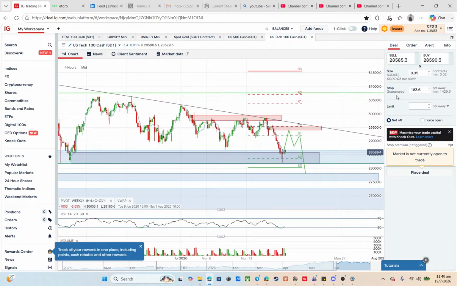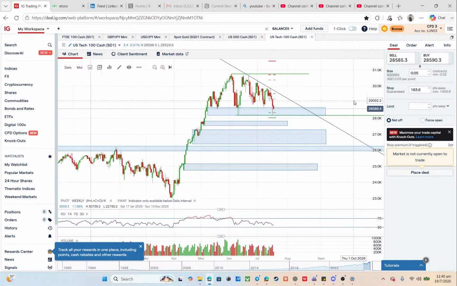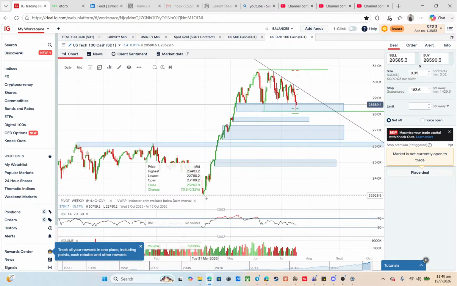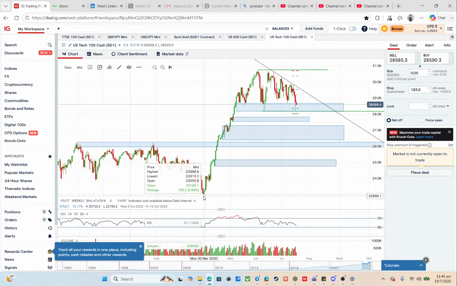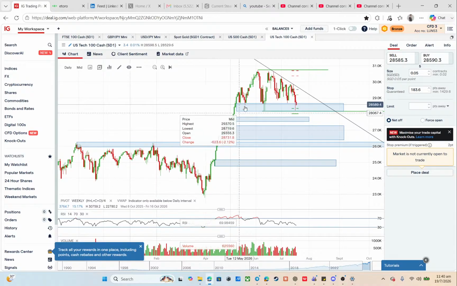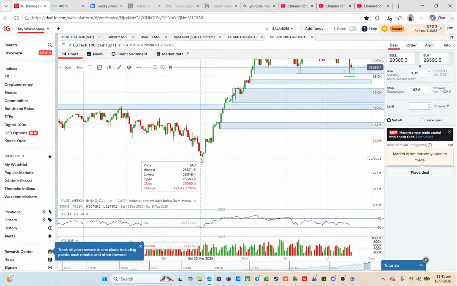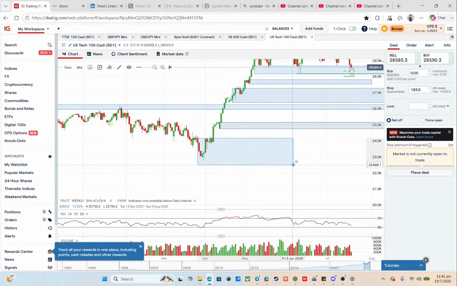It should be okay. So we start with Nasdaq first. As you can see from the chart itself, Nasdaq rallied since March all the way up. March 2026. If you have long with me, you should be happy because you can see why I long. Because first of all, you eat up this entire